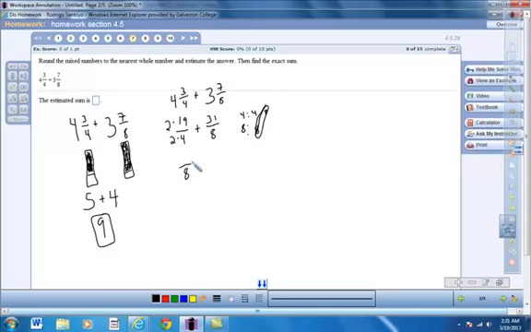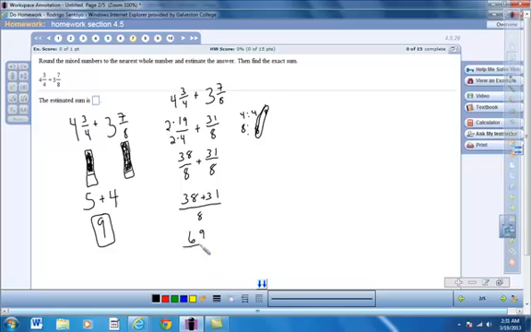And we just have to do 19 times 2. When we multiply 19 times 2, we get 38. So now we'll be able to add our numerators. Denominators stay the same. Once we add 38 plus 31, we get